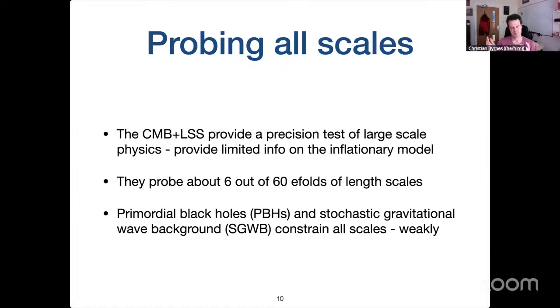You can probe of order 6 or 7 e-folds, meaning a range of scales of e to the power 6 or 7, approximately 3 orders of magnitude. Well, we expect roughly 10 times that number of scales, in a logarithmic sense, to have exited between the cosmological horizon today and the smallest horizon scale at the end of inflation. So we're really only seeing a very small fraction of the impact of inflation, of scales leaving the horizon.